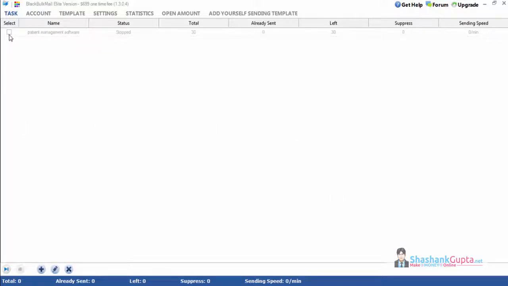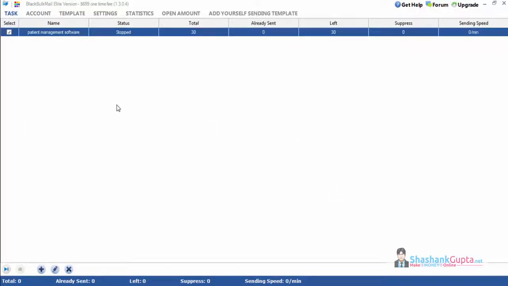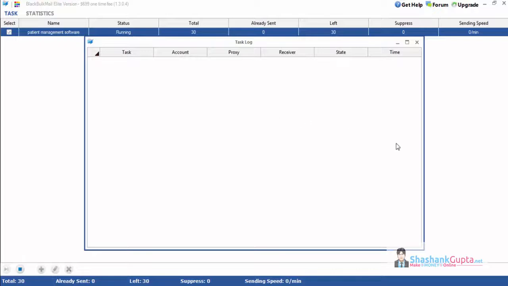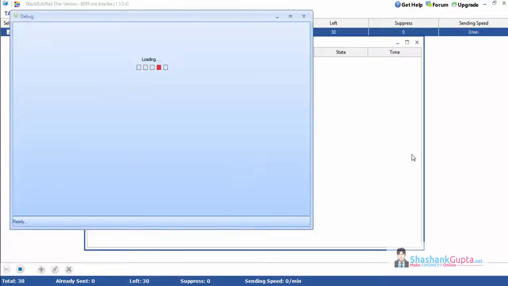Now the task is ready and we will start it by clicking on run task. Sending all. Now a window will pop up and you will see how this program logs in to your Yahoo email account, composes a mail and sends it.